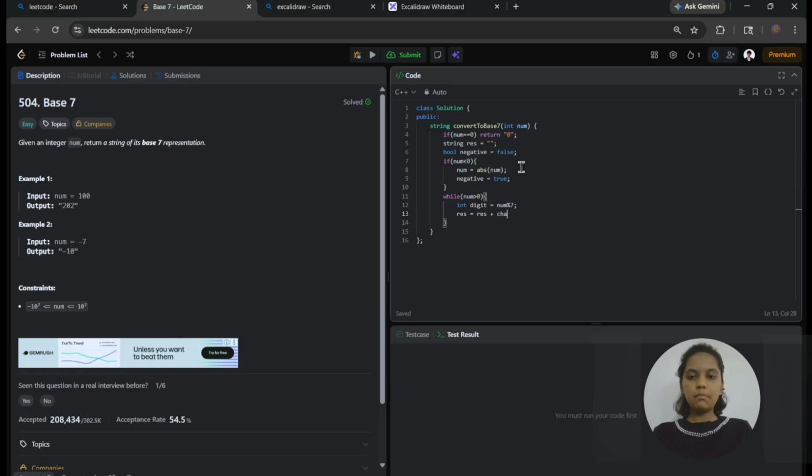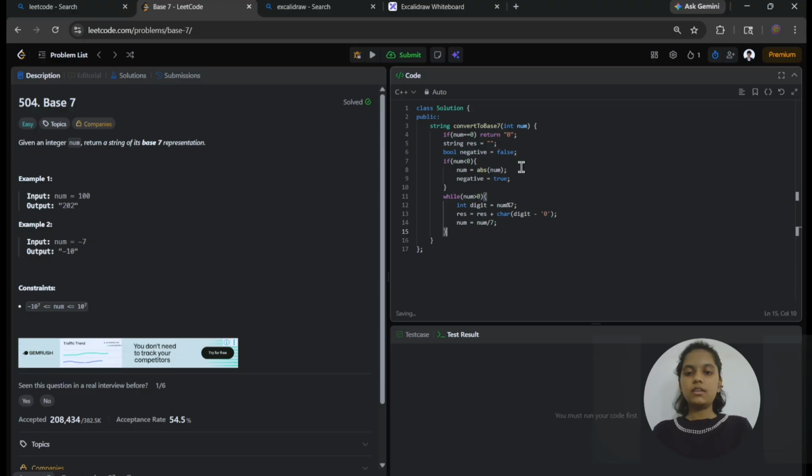Here I am getting the digit in integer format, so I have to convert it into a character. So I am using character of digit plus '0'. It converts the digit into a character. After that, I have to divide num by 7.